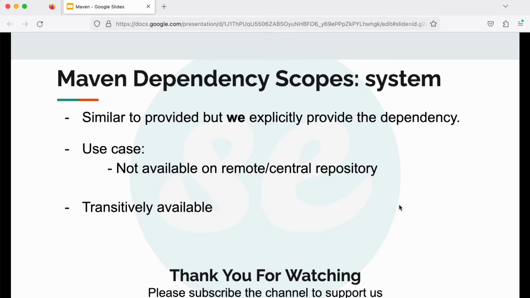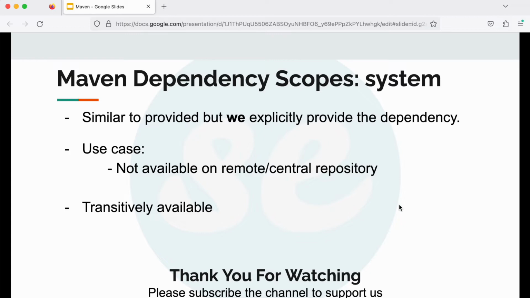So the next scope is the system scope. This scope is similar to the provided scope, but in case of provided scope, the dependency was provided by the JDK or by the web container or the application container. But here in the system scope, the dependency is not provided by any web or application container. Also, it is not even downloaded from any Maven repository.